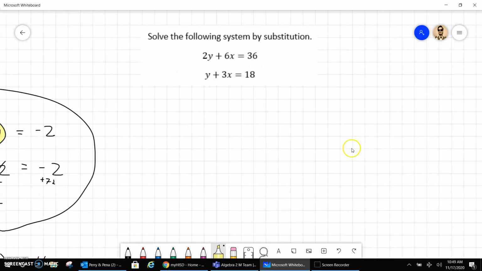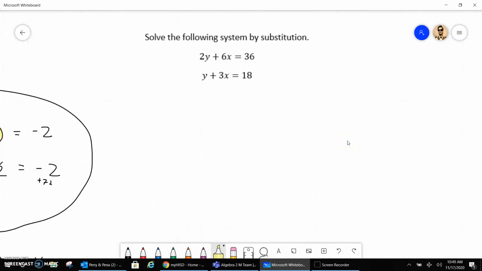So solve the system by substitution. Okay? Let's take a look at this. We're going to do the same procedure, but I chose these next two examples to show us some possibilities of what might happen, different scenarios for answers. Okay, so if we look at this,